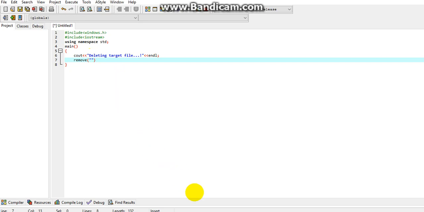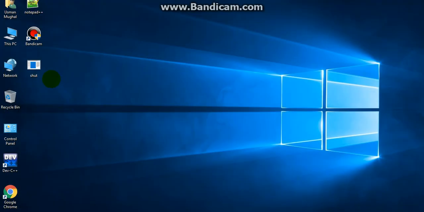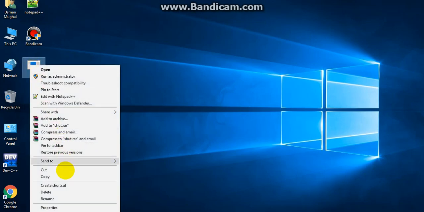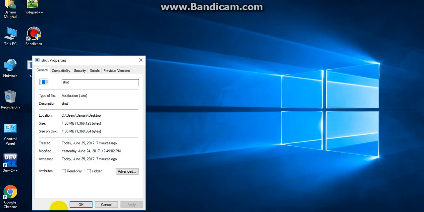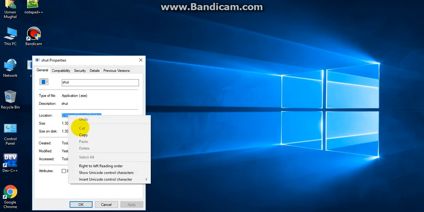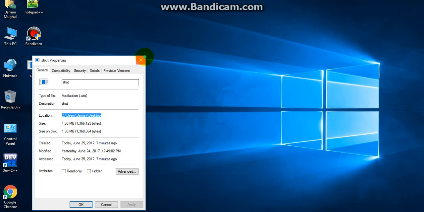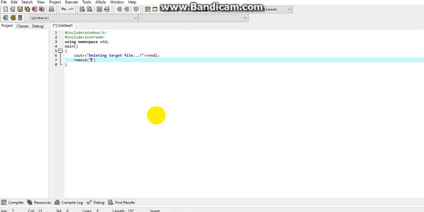Right now I have an extra file on my desktop which I want to delete. So I will right click on it, go to properties, and it's in C, users, desktop. I will copy it, then simply press Ctrl V here, and here is the location of that file which I want to delete.